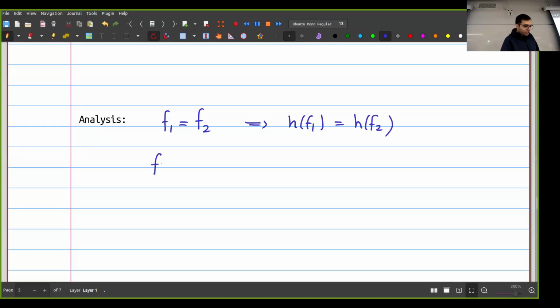Now, if I have two files that are not the same, technically, again, mathematically speaking, their hashes can be the same, right? But in practice, if that happens, it means that I have broken the hash function. It means that I found a collision in the hash function, and I'm assuming that's impossible, right? So if f1 is not equal to f2, but hash of f1 is equal to the hash of f2, this violates collision resistance.